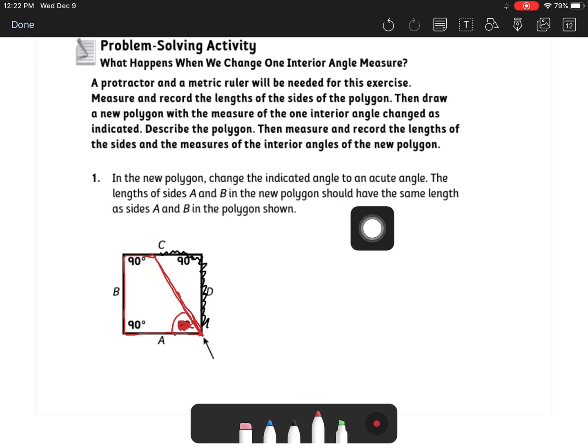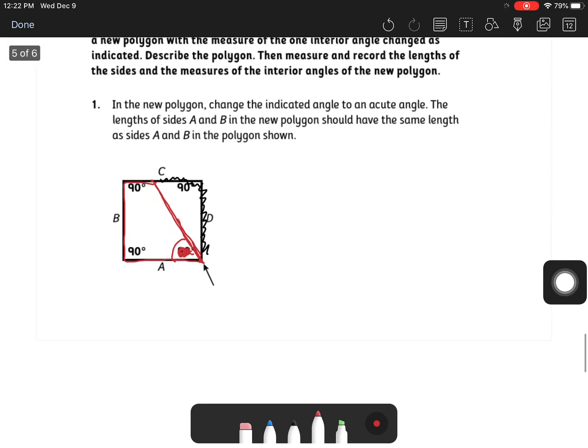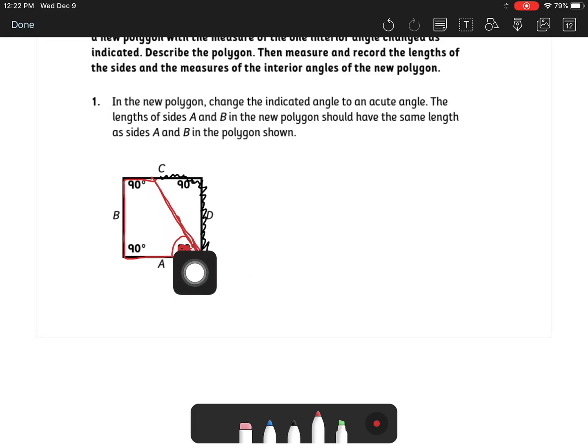But I think what they want us to do is talk about how the rest of the polygon changed. It says then measure and record the lengths of the sides and measure the interior angles of the new polygon. So let's talk about when we changed this angle, what else changed? Well, A and B did not change. We left those the same. This 90-degree angle stayed 90. This one didn't change. But side C